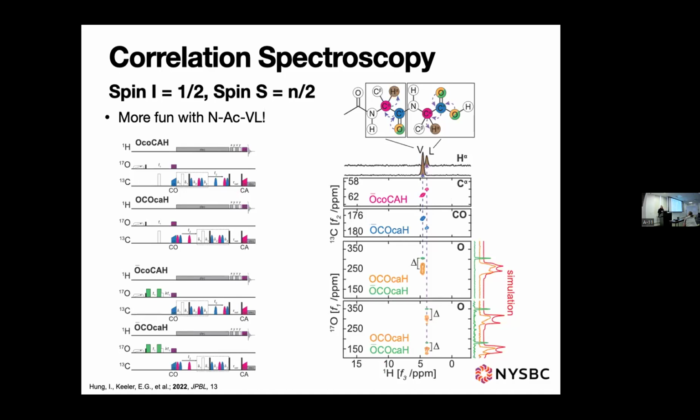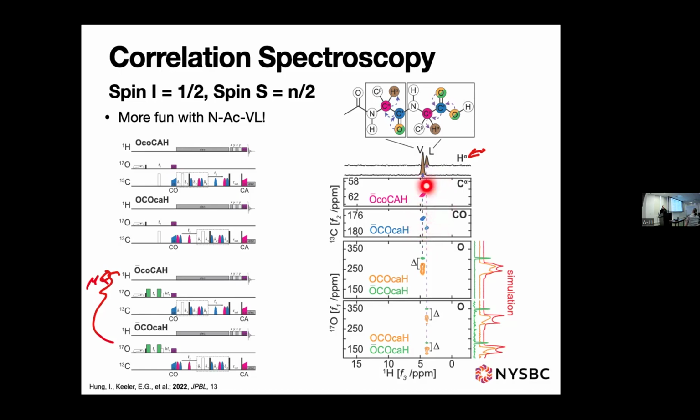So what can we do? Well, now we can do 2Ds and 3Ds and really look at what we're doing here. And we can add MQ to the front of it and get narrow lines. So now what we have are these multiple 2Ds that are being shown here. We have two different alpha protons, the leucine and the valine, up at the top. We travel down this, looking at the correlations of the C alpha to those two protons, and look at the COs in this